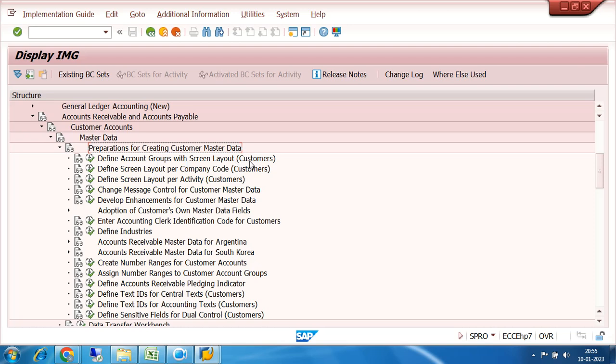So what is the meaning of account group here? Actually, account group we have already discussed in GL accounting, right? So in GL accounting we have created different account groups, like current asset, non-current asset, employee cost group, administrative group. So those are the account groups in GL accounting, and that was a guidance for creation of the GL account, general ledger account. Okay, so what type of account group here are we going to discuss? See,